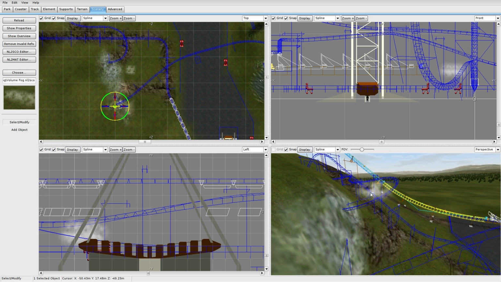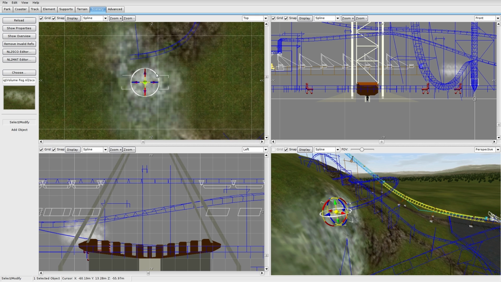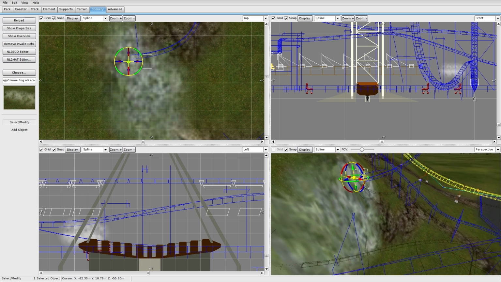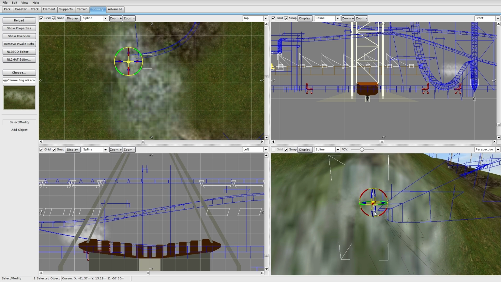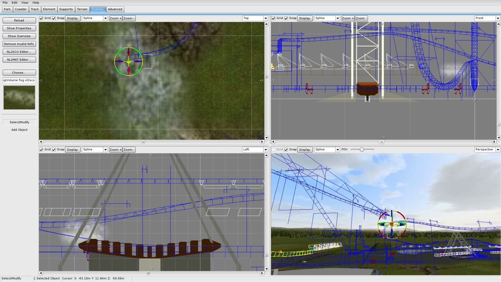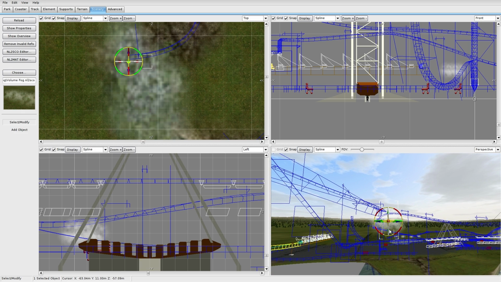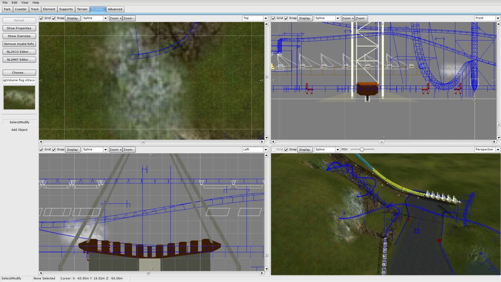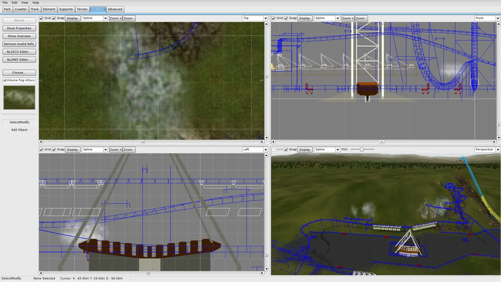Alright, now this one. There we go. Let's fine-tune this bad boy right here. Let's bring it down just a little bit more. There we go. Alright, now that we've added all that, now we can add our trees and make it look like a fully